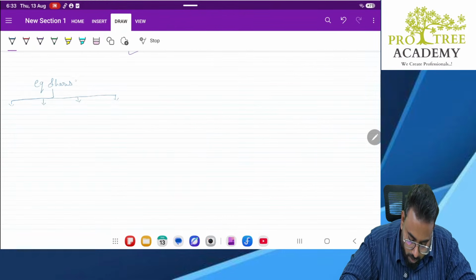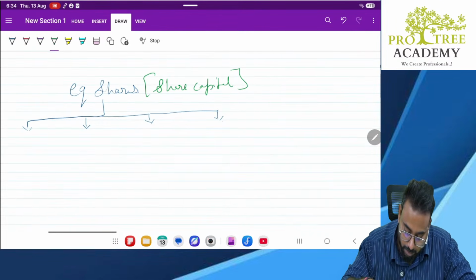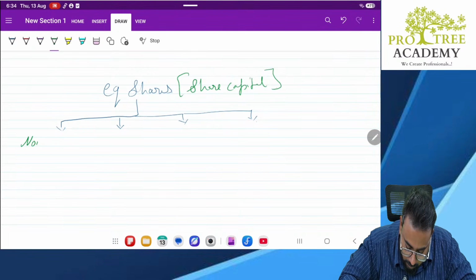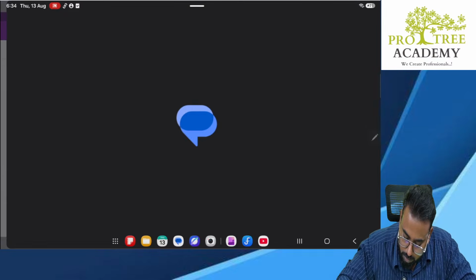It can be in equity shares also, it can be in preference shares also, but usually preference shares will not come. So we'll take it as share capital. The bifurcation is in the share capital. So there are four classifications of share capital. The first name of this is nominal or authorized. The second one is issued. The third one is